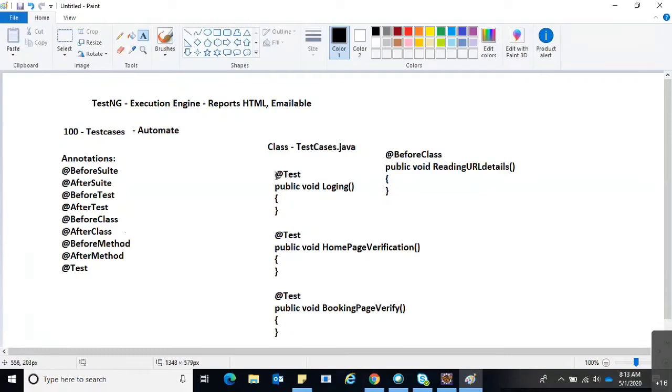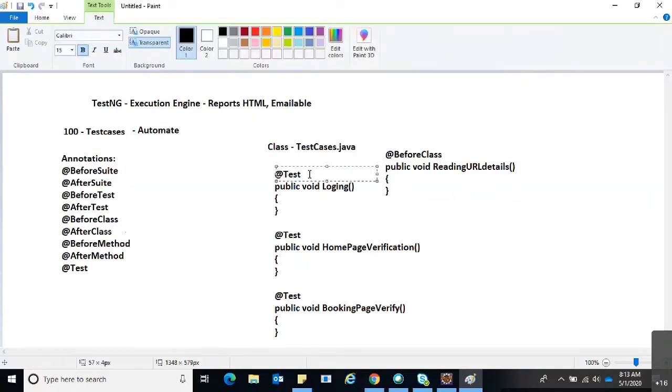As of now, just have the knowledge that for each and every test case we mention @Test. And how do we set the priority? Suppose I have 100 test cases and 30 of them are high priority. Initially I need to select those 30 test cases.